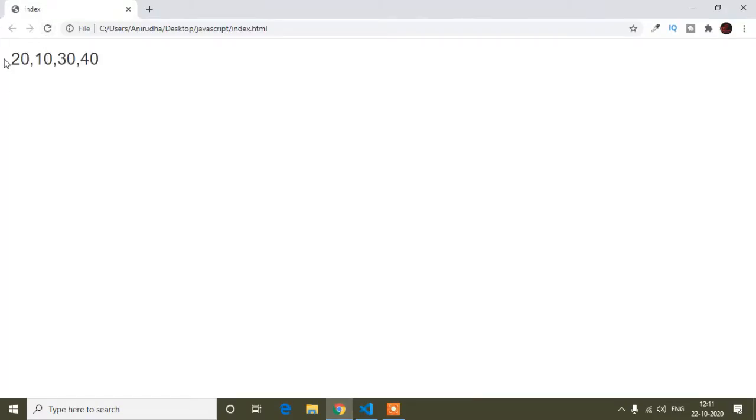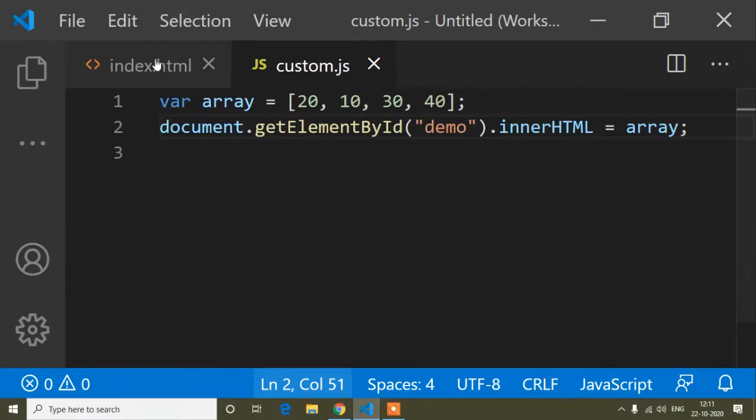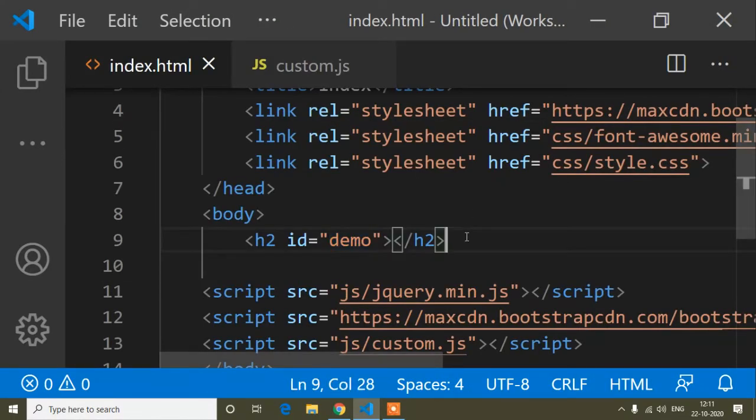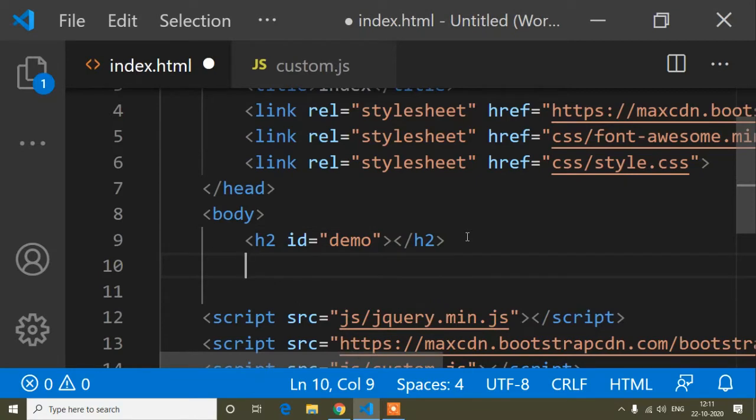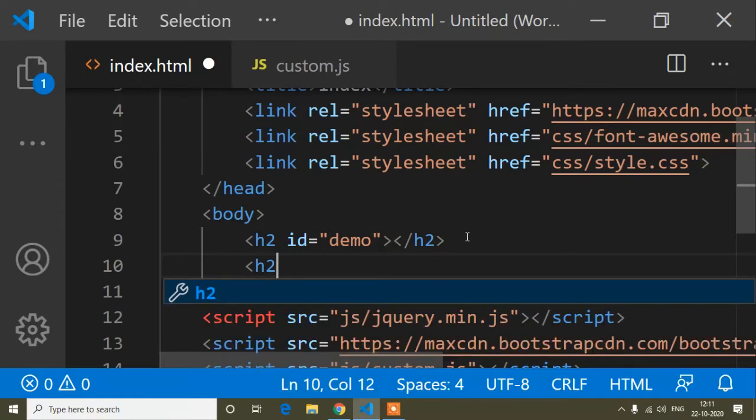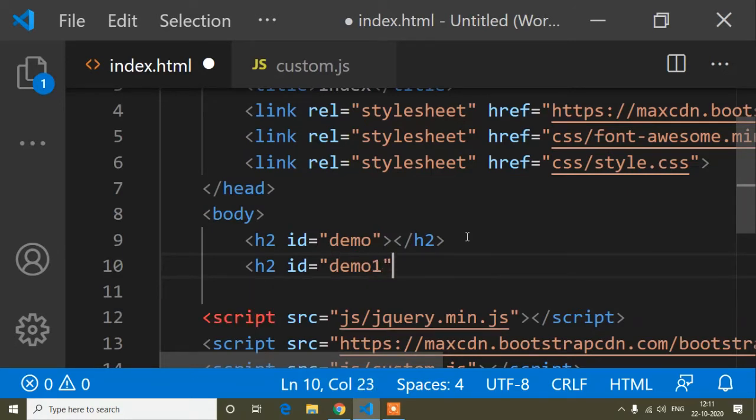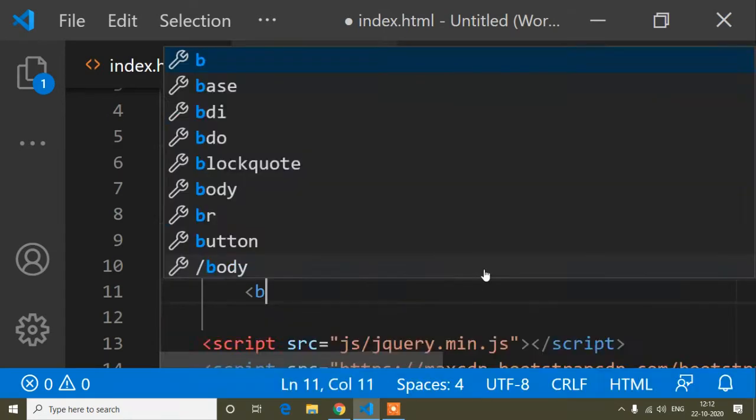So you can see now I am getting the original value of the array, and now I will use the findIndex method. In the HTML file I will create another h2 tag, and in this h2 tag I will write the id name demo1, because in this h2 tag I will show the result after using the findIndex method, and I will write a button.